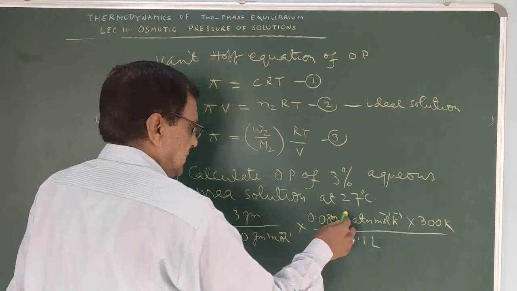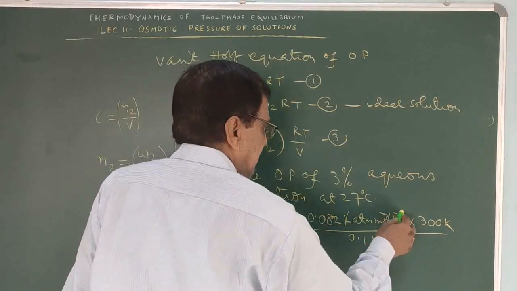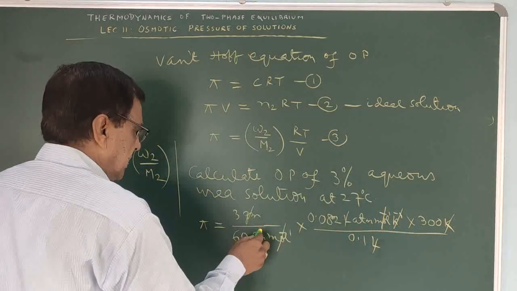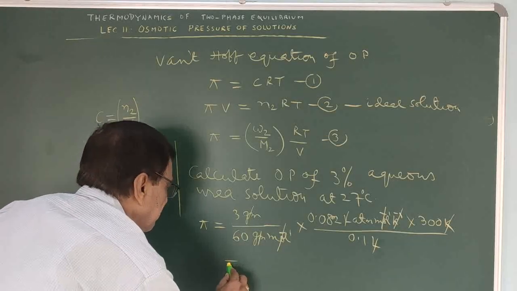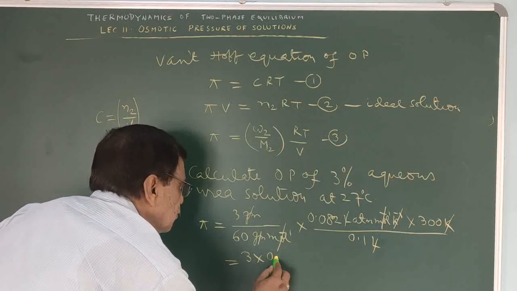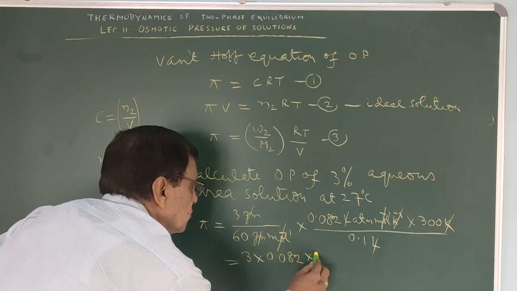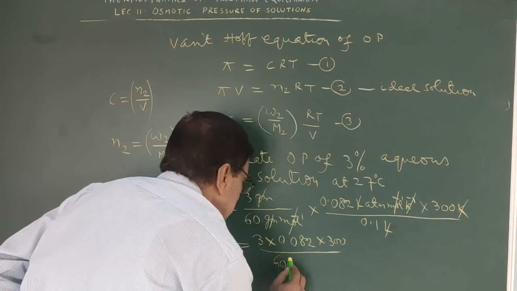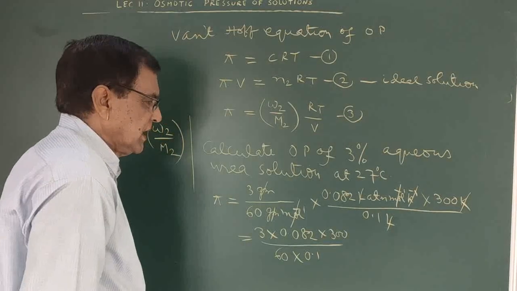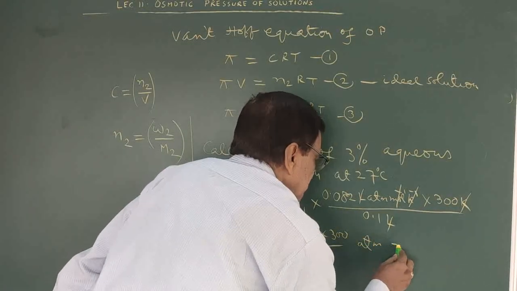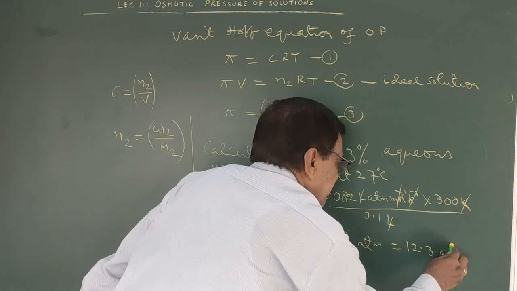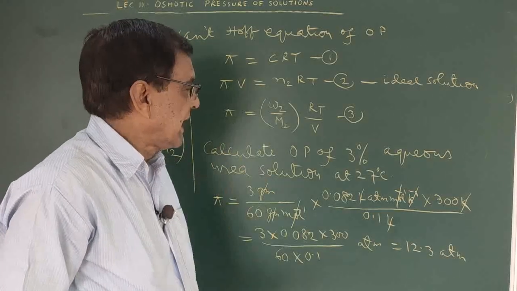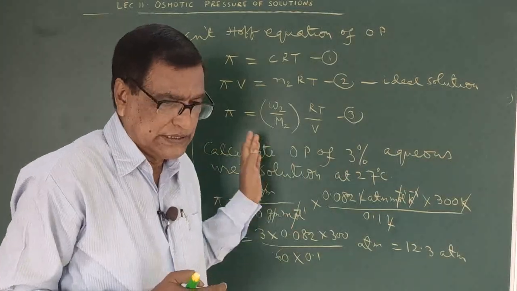If we cancel the like units, then the calculation gives 3 into 0.082 into 300 divided by 60 into 0.1 atmosphere. If we do the calculations, then 12.3 atmosphere is the osmotic pressure found for 3% aqueous urea solution